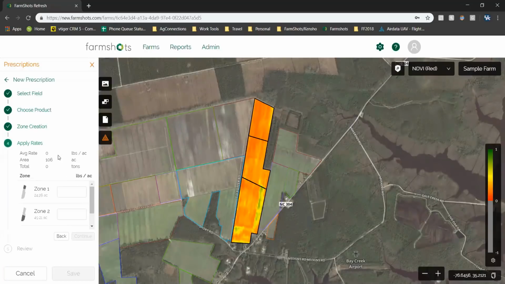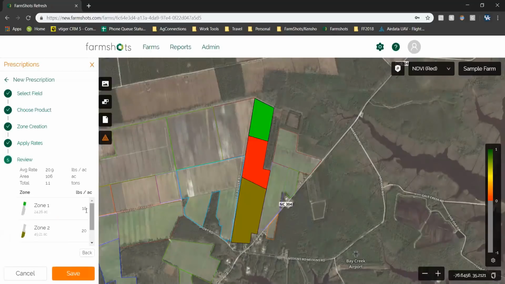Now we're at step 4, and it's asking us to apply our rates. So we're going to put some arbitrary numbers in. And now we will click